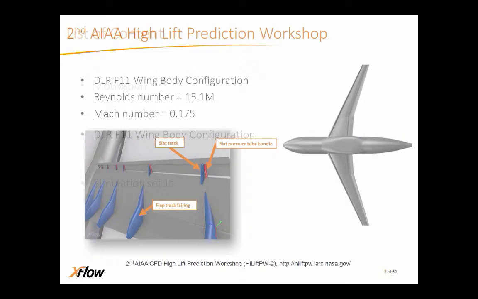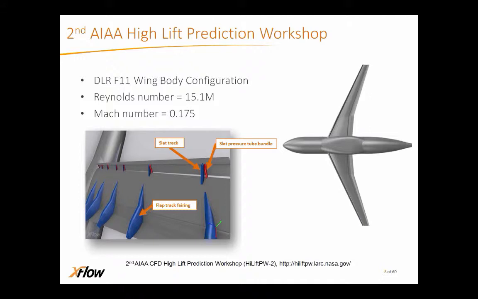Well, this geometry has been used largely in the second AIAA CFD prediction of high lift. It's a workshop that was run during a few conferences, and there are many participants to the workshop. So if you want to have a better look, there is a website just at the bottom of the slide. You can check that out. But basically, it's a wind tunnel geometry developed by the German DLR Center, and is characteristic where it tries to